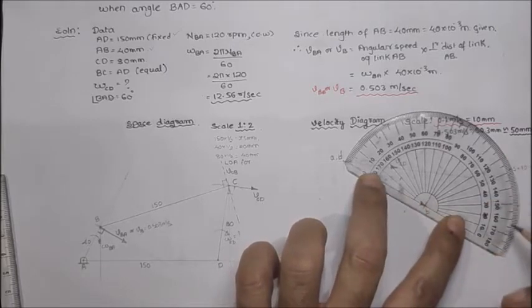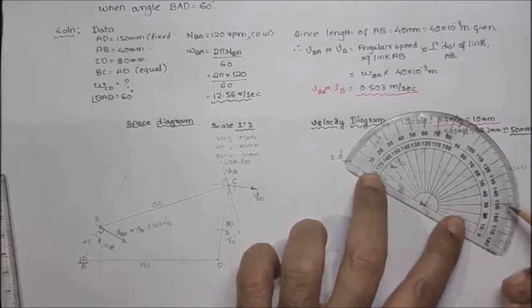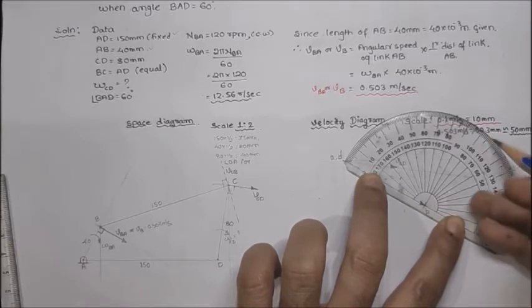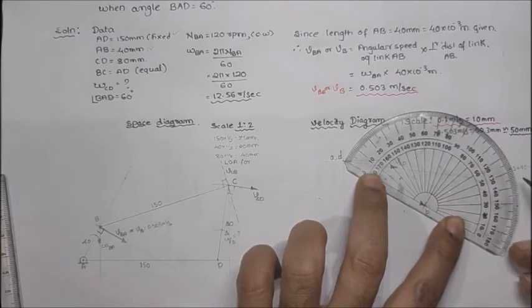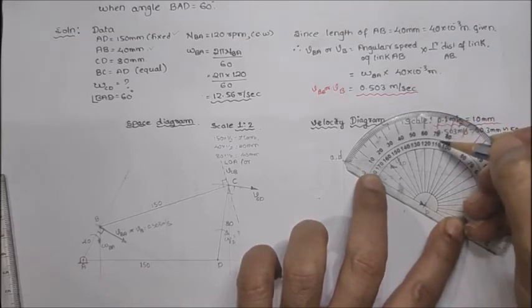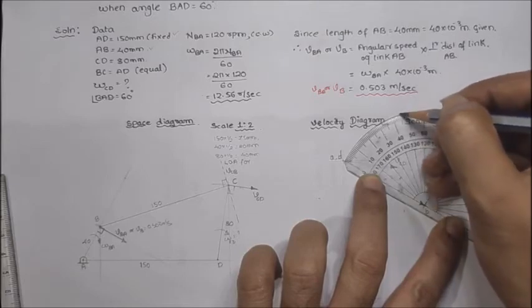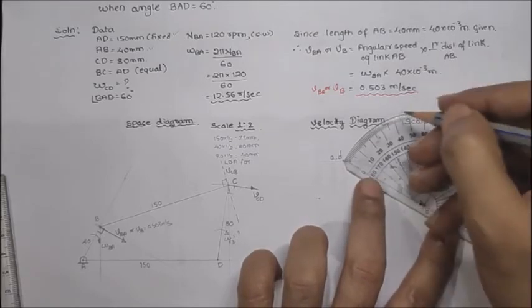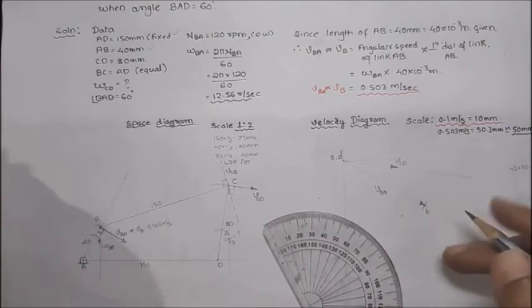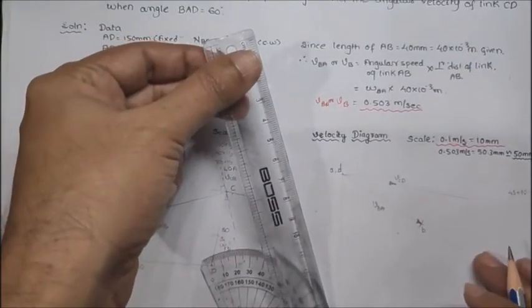Okay, so from here what we are going to measure, we are going to measure first 35, then 90. So it will be 45 plus 90, so it will be 135. So we got the point here. Then from point